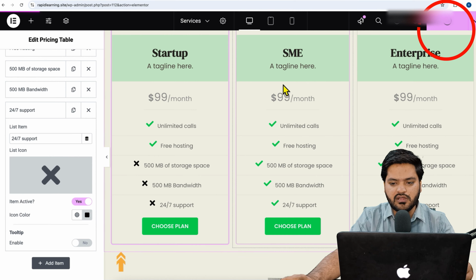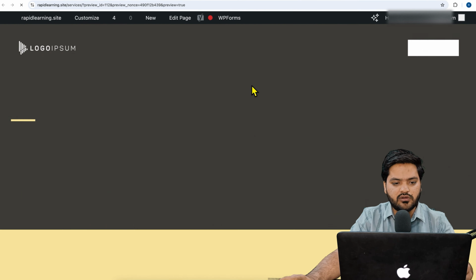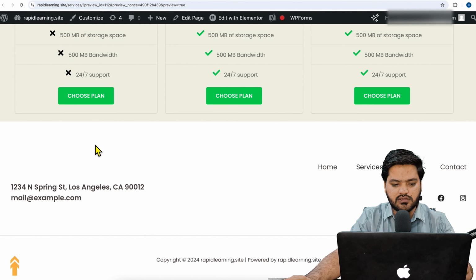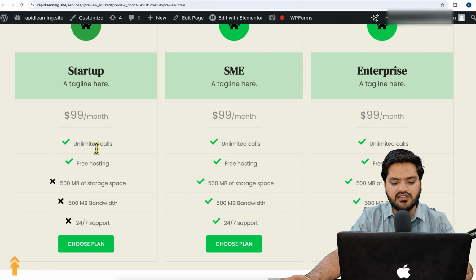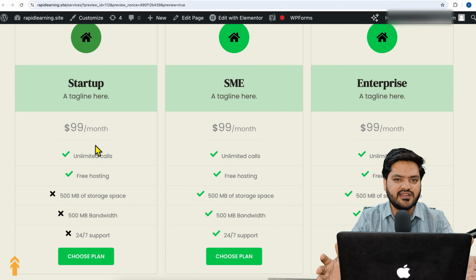And now let's publish it. And once the changes are published, let's review the changes. And here is the pricing table created very beautifully, and of course you can change the colors and font style and everything as per your current theme. So guys, that's how you can add a pricing table in your WordPress website without any paid plugin and without any pro version of